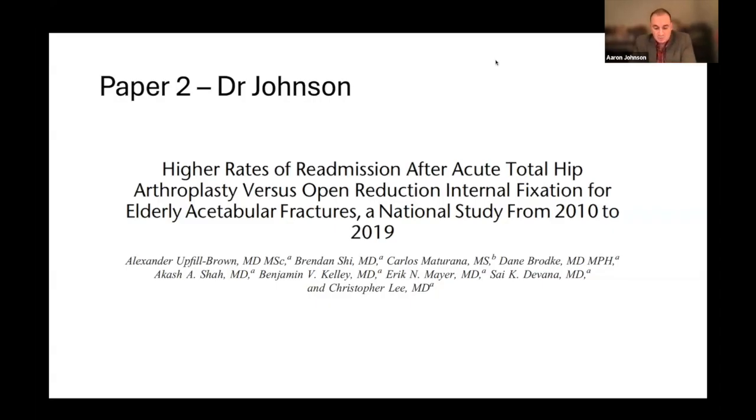They asked two predominant questions. The first was they wanted to look at trends in surgeons choosing total hip over ORIF for elderly acetabular fractures. And then they wanted to look at the differences in short-term complications, costs, and readmission rates of the total hip patients relative to the ORIF patients. And, I think it's sort of an important question because